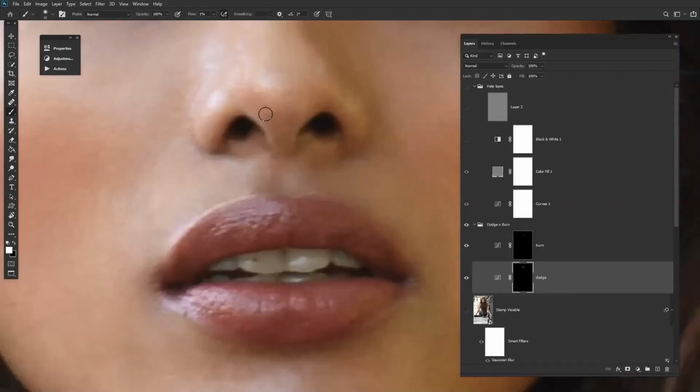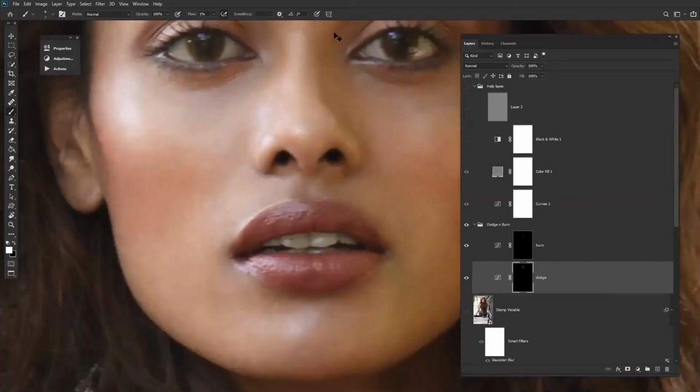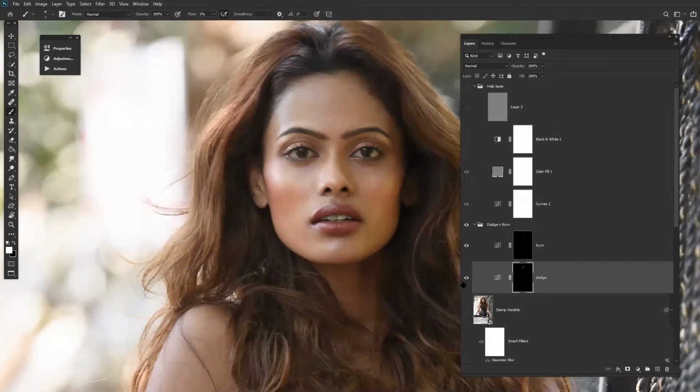Now this nose area, we can dodge it out to merge. And see now, this area.